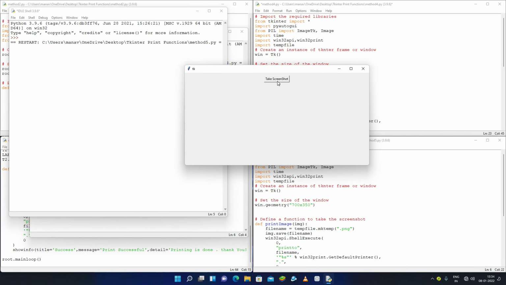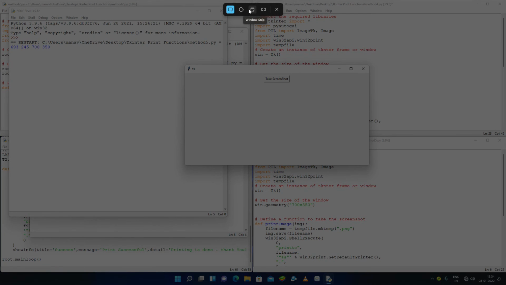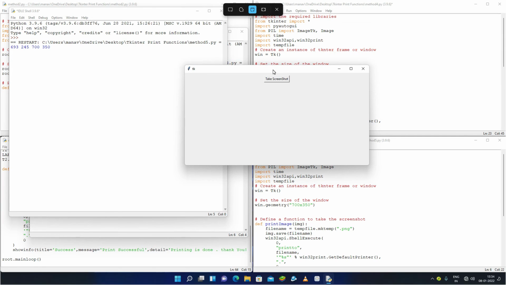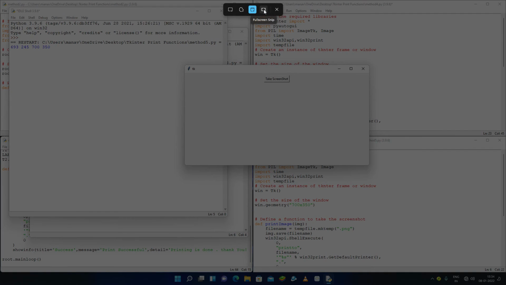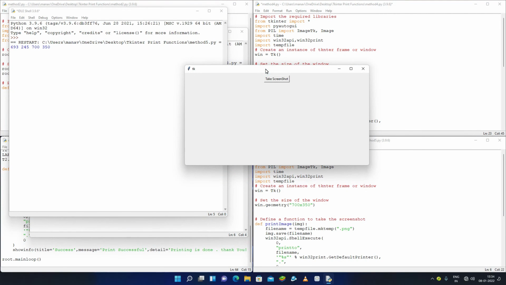When I click on take a screenshot, my GUI will automatically press Windows Shift S. Then it will open the screenshot tool, and you can select your window or the whole screen or anything, and it will be captured. After capturing, you can paste that anywhere, in your Word file, in your email, in your printer, in your image file. You can convert that anywhere. Okay, so these are the 5 methods.